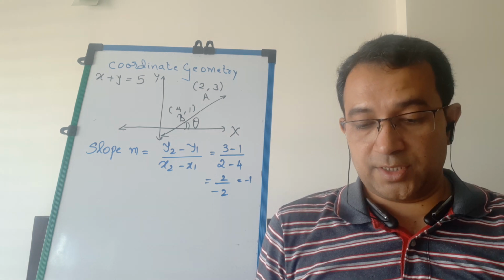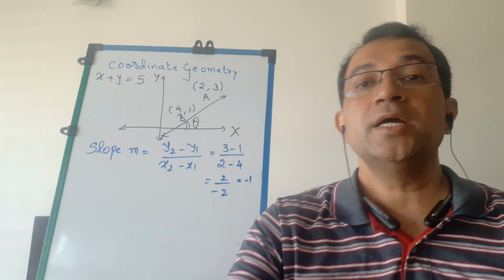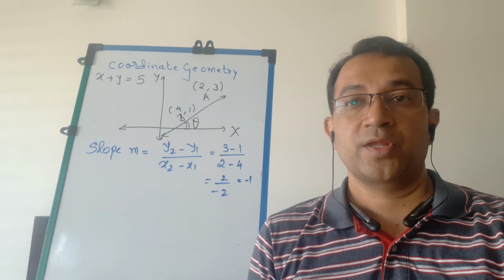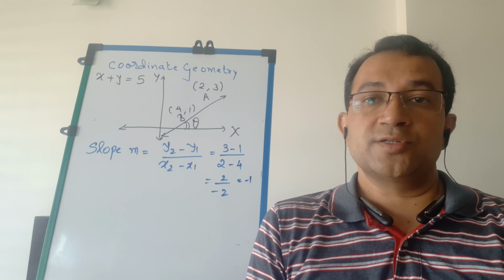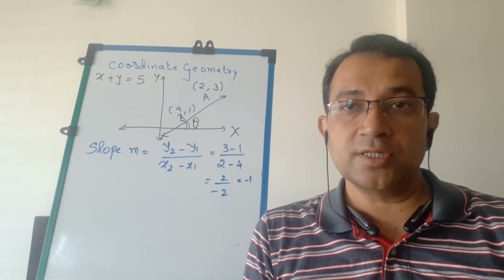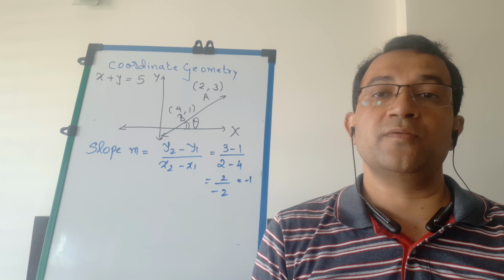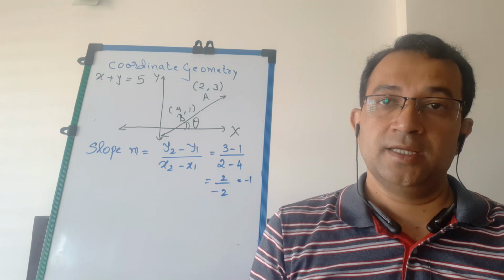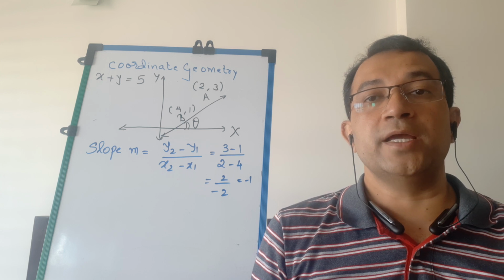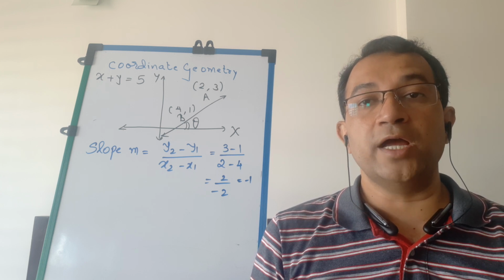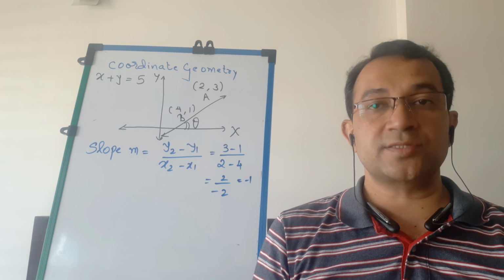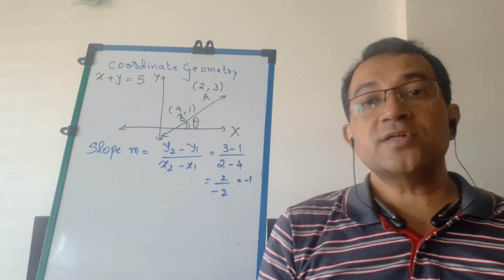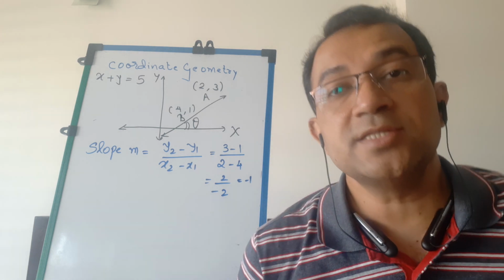So in general, slope, students, in mathematics we are not only defining slope, we are interested in finding slope. So slope is always associated with that angle made with horizontal. So whenever I want to find slope of a line, and if I am given 2 points on a line, then I can easily find the slope by taking a ratio of difference of y coordinates upon difference of x coordinates. Now students, this is the first method. Now second method is dealing with angle.